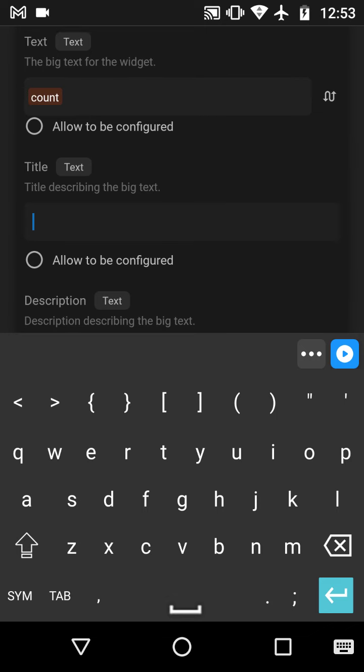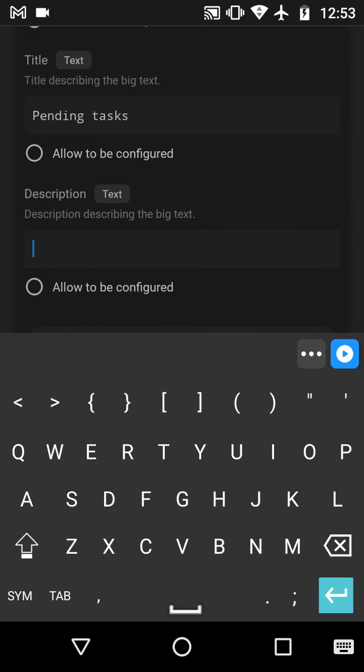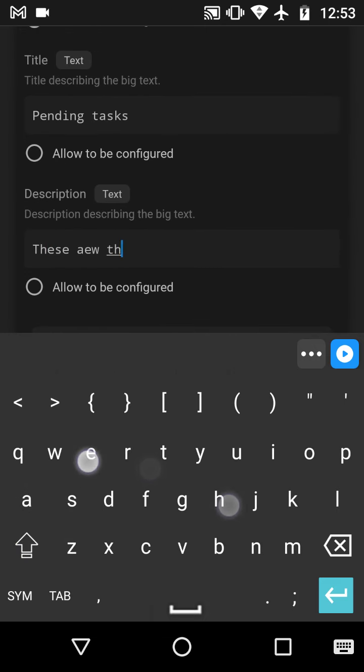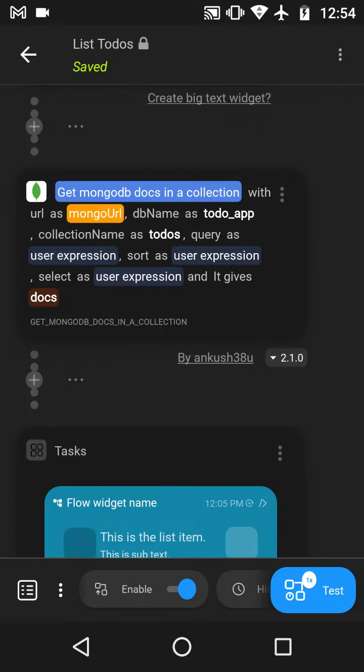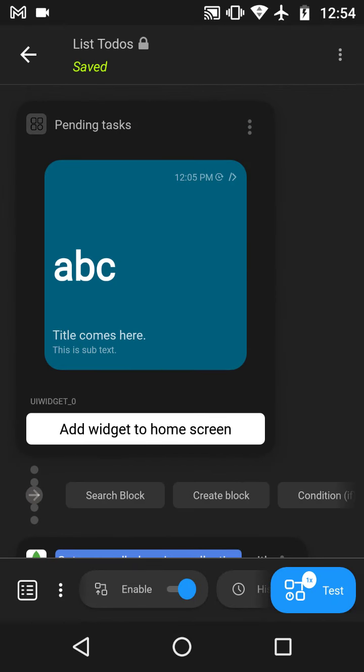In the title I'm going to say these are pending tasks, and description is these are the pending tasks. Okay, all good.